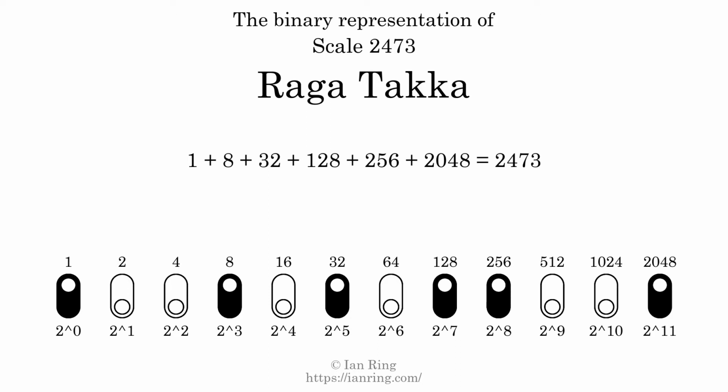2473. That is why the scale number, in decimal, is 2473. The scale number not only enumerates the scale with a unique index, but it also literally describes the tonal content of the scale. Represented as a binary number in base 2, the scale number is